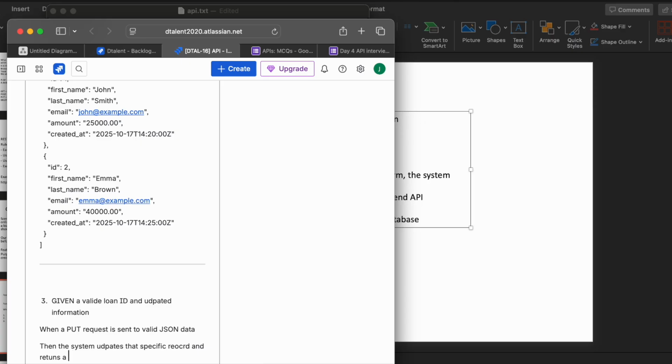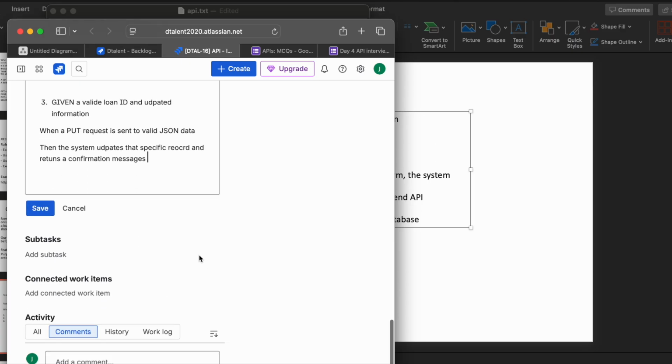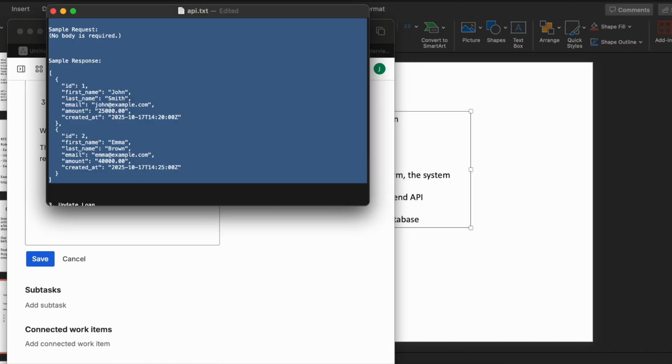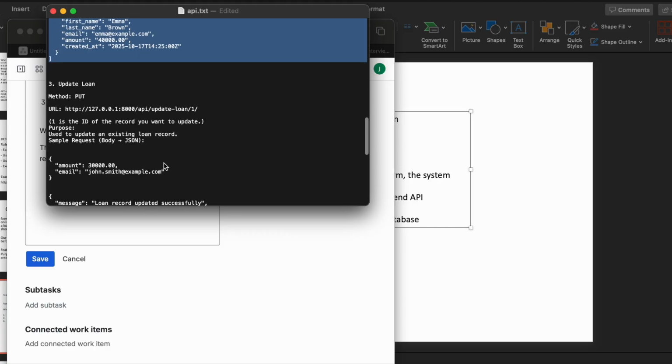We are going to test using Postman, so don't worry. Again, we can provide a sample request here too. So update the loan, this is the sample request. Okay, so put method,